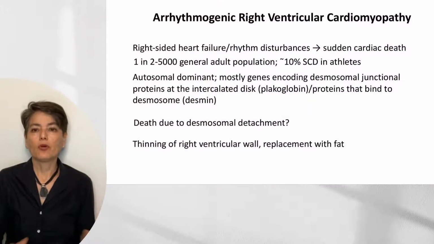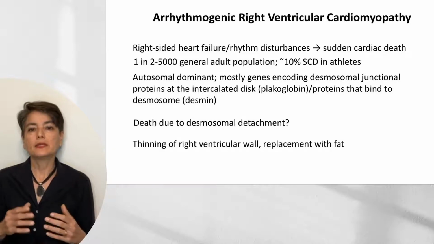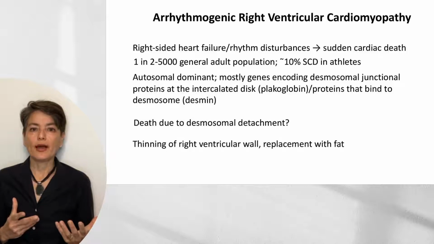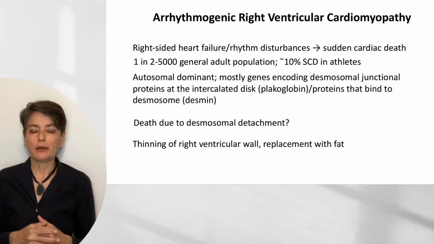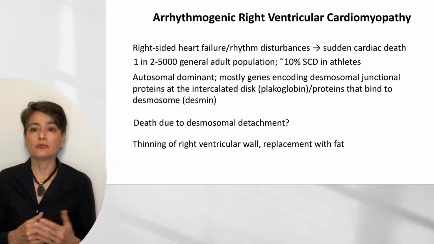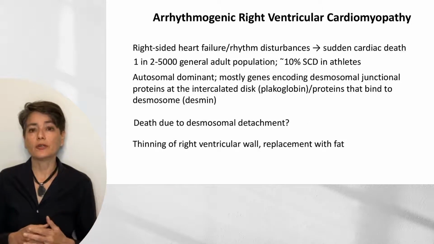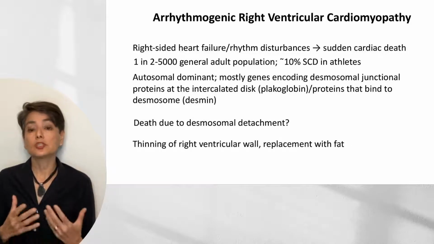All right, before we leave the dilated cardiomyopathies, we need to focus on arrhythmogenic right ventricular cardiomyopathy because it's seen in about 1 in 2,000 to 5,000 in the general adult population, but significantly we see it in about 10% of athletes who die from sudden cardiac death. And this is due to right-sided heart failure and rhythm disturbances,